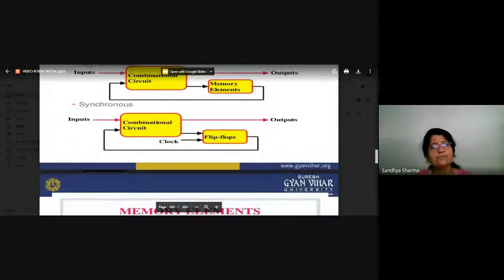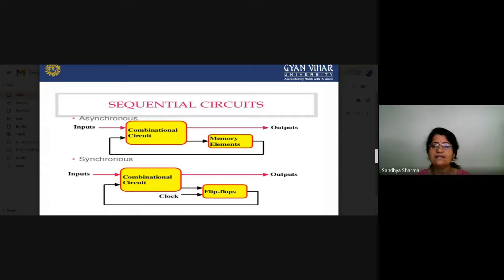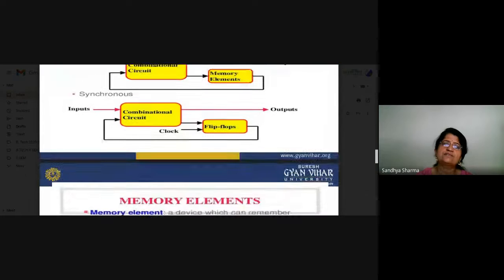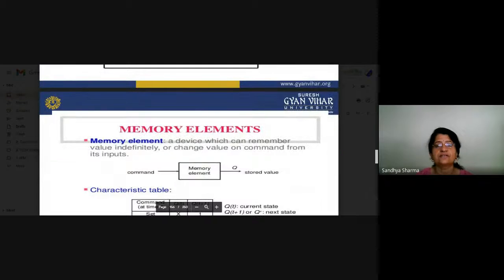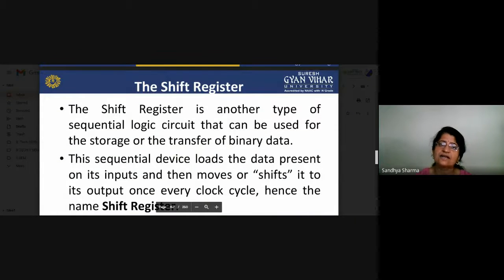If we are talking about asynchronous, there are no clock pulses and the output can be changed anytime. According to this, we now switch to the shift register. What is a shift register, and what is the process of entering any type of digital information into the flip flop? Before starting the counter, we have to discuss the shift register, and after that we will see how we can design a counter.